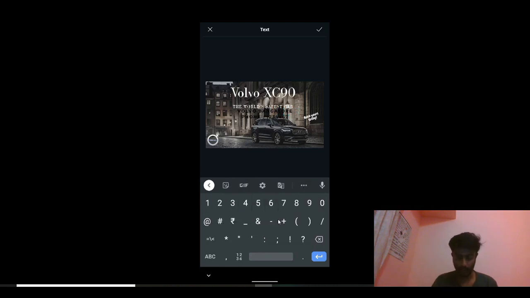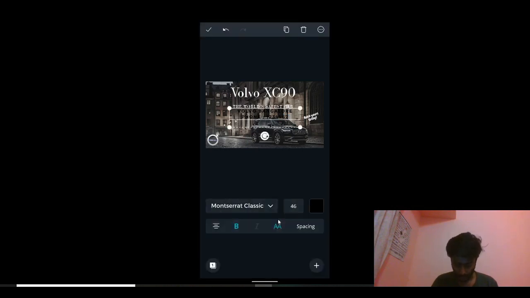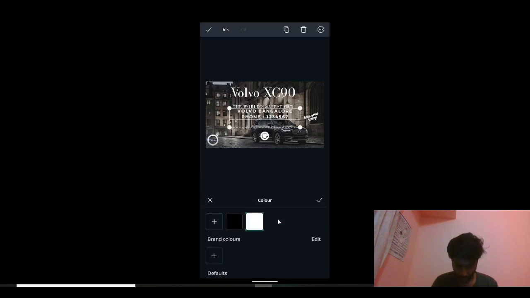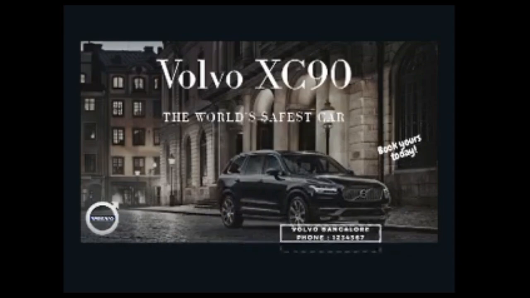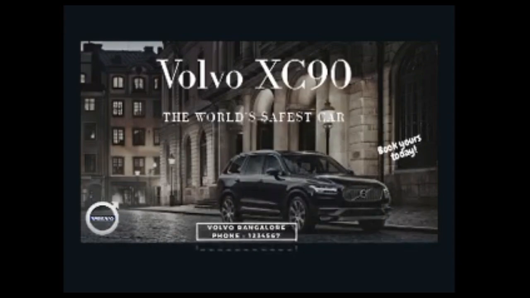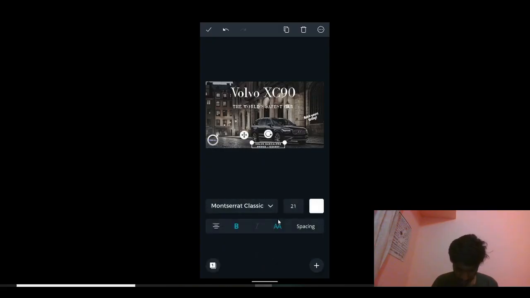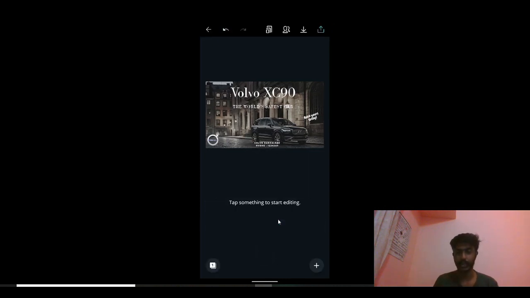If you wish to give your mobile number to reach out, that's also possible. And I'm going to change the font color to white, and I'm going to drag it towards the center down, and that's going to make consumers reach out to a particular brand if they wish to buy one car.